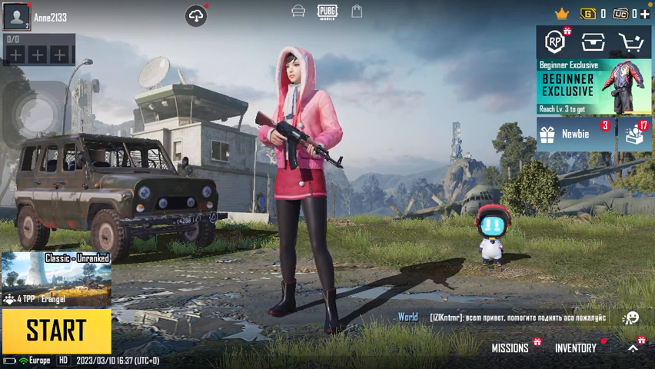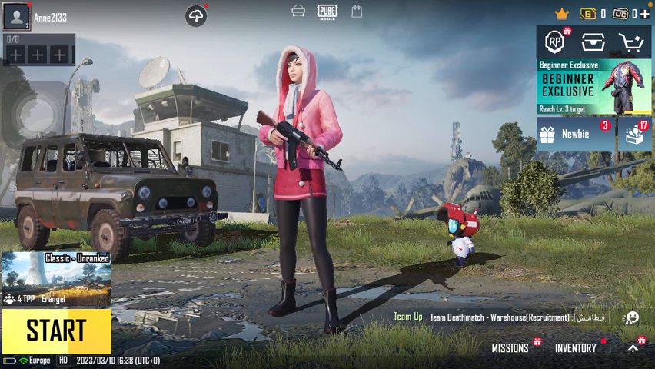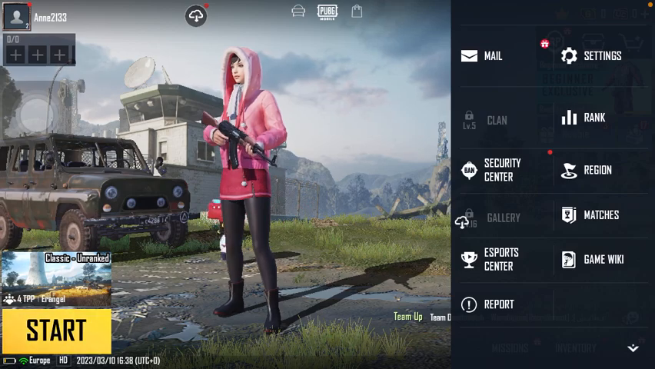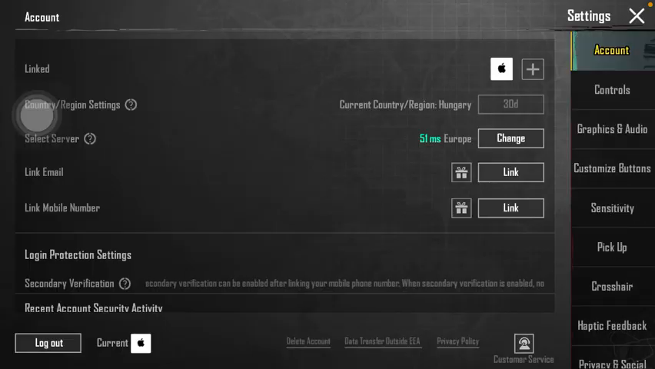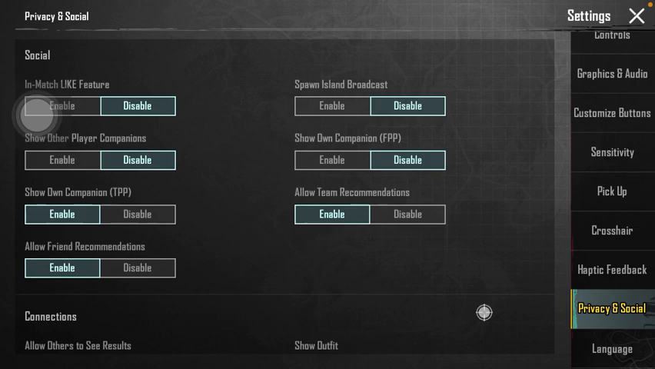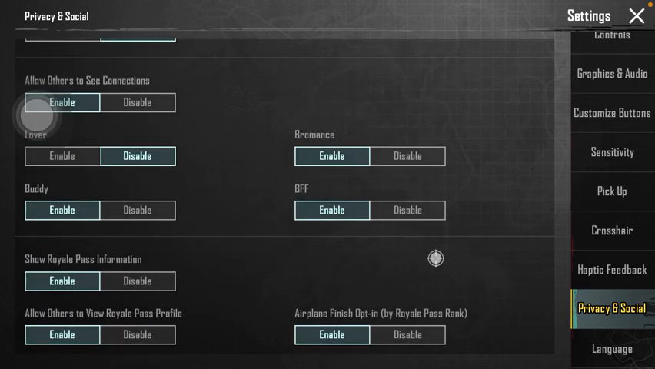First of all, open the app on your phone. Go to your home page and then click on this button that you can find down below on the right side corner of the screen. After that, tap on settings at the top. Click on privacy and social that you can find down below in this right side column. Tap on it, then you should scroll down until you find